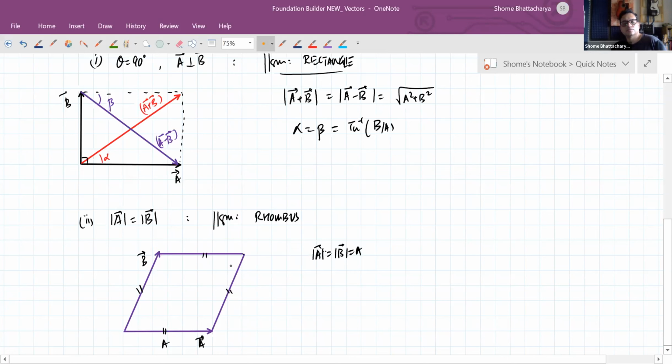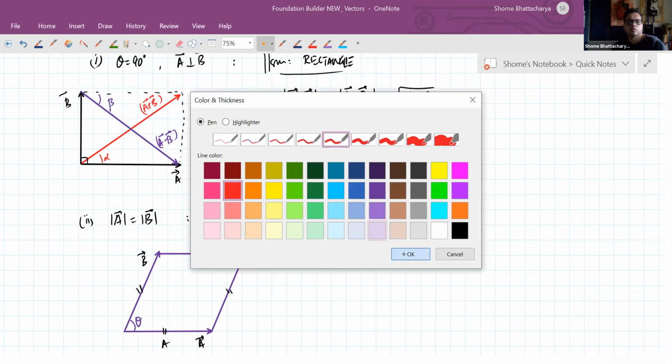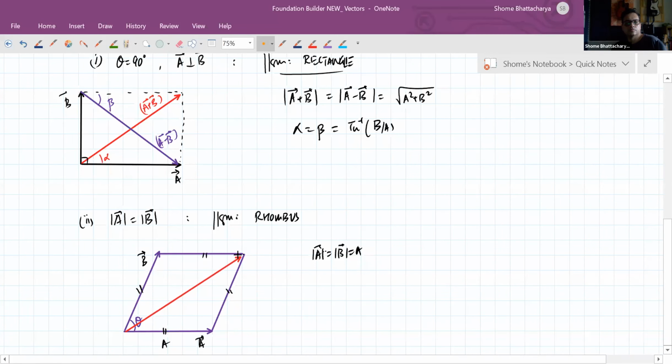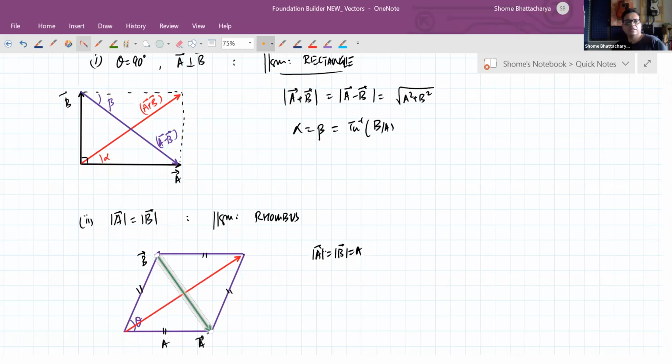In the case of the rhombus, the important properties that come into play are that the diagonals are perpendicular to each other, and the diagonals also bisect the angles. So this angle becomes equal to this angle,